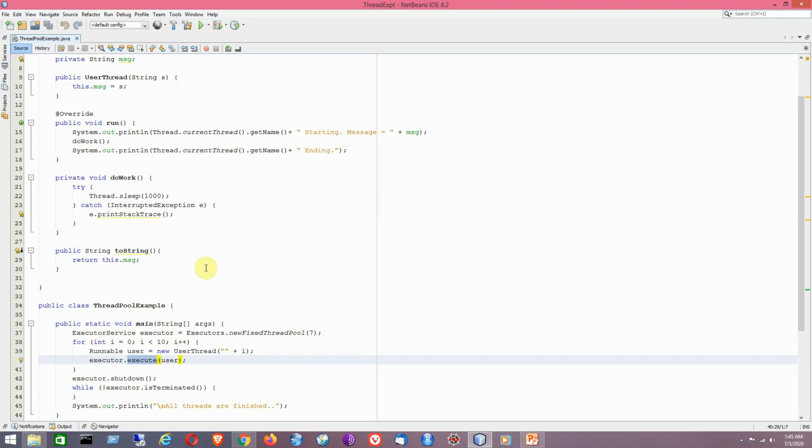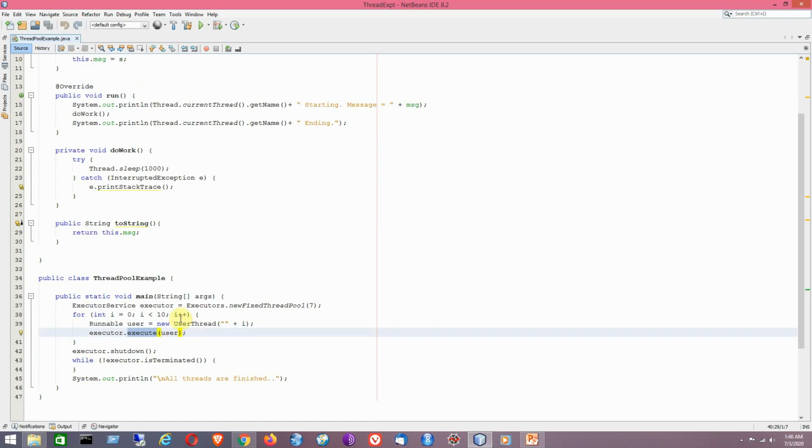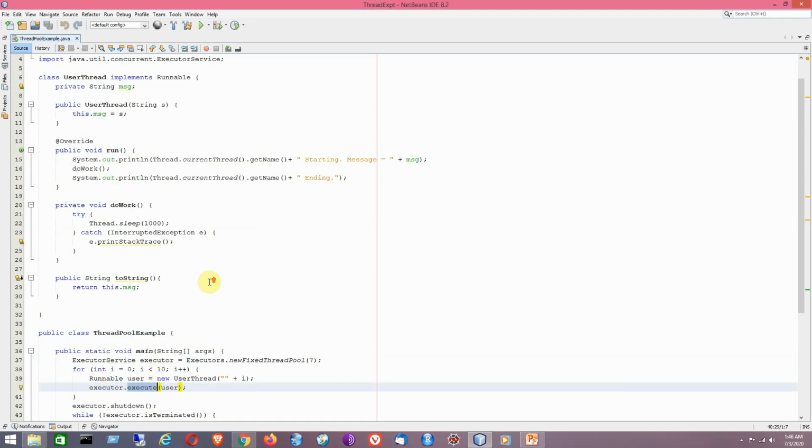That you can understand. Whenever it gets executed, its run method will be called, and the first line will be printed, that is the name of the currently executing thread and this message. Then it will be calling the doWait method, which will be pausing the currently executing thread for 1000 milliseconds.